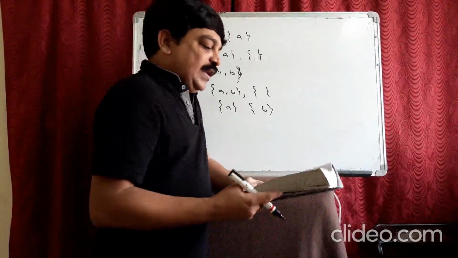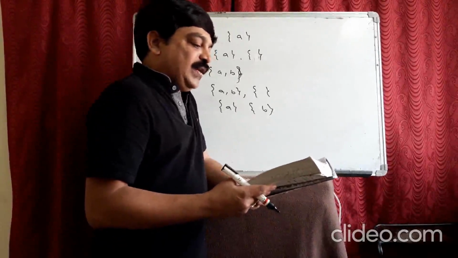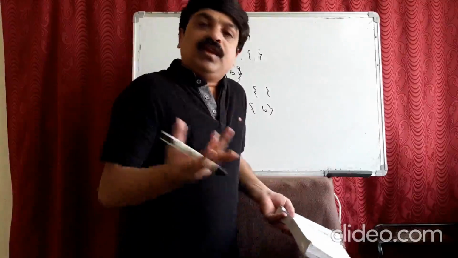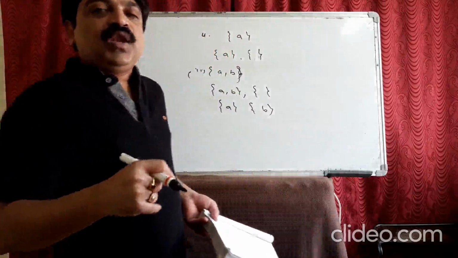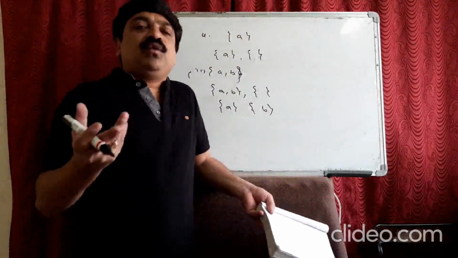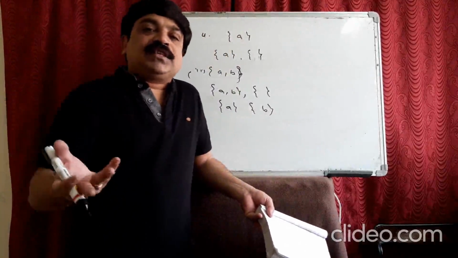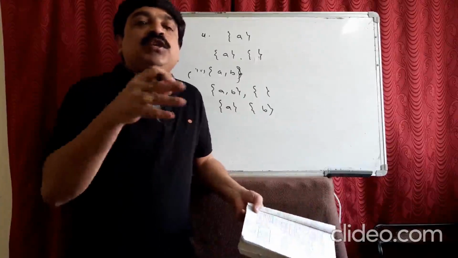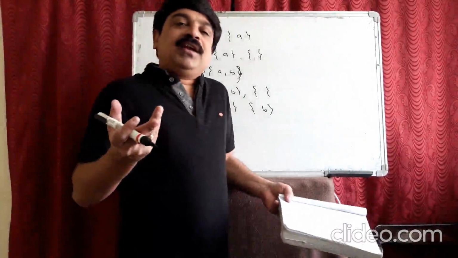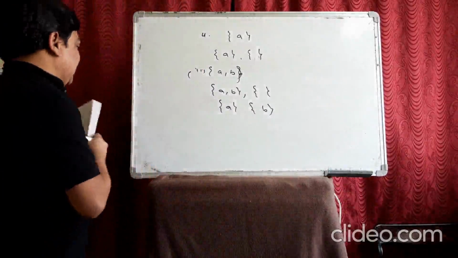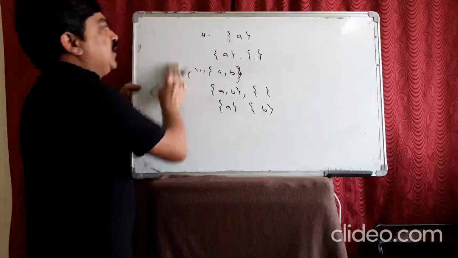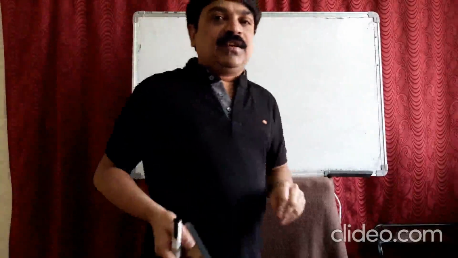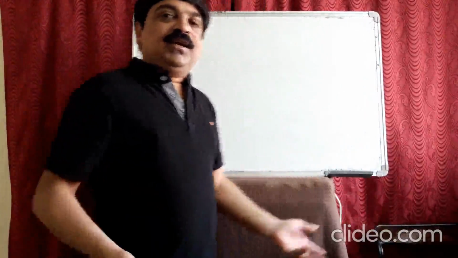Okay. How many elements? Fifth question. How many elements does the power set of A have if A is empty? Nothing. Only one element. 2 power 0. The power set will have only one, that itself is a set. Okay. How many elements is it asking? So 0. No elements will be there in the power set. Okay. Or otherwise you can write 1 because the power set means the set of all subsets. The set itself will have the null set as the subset.